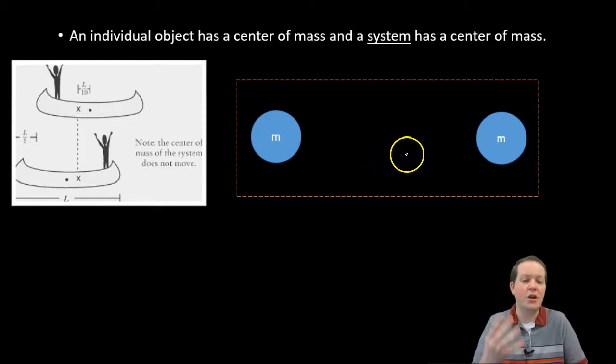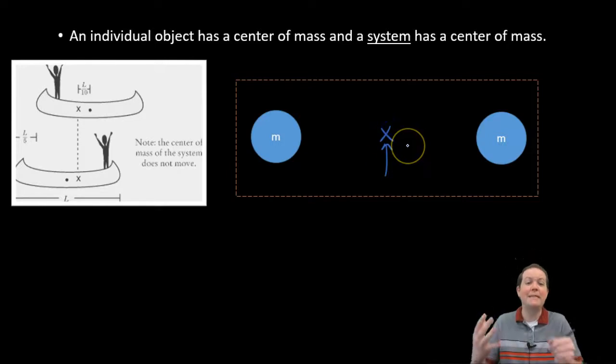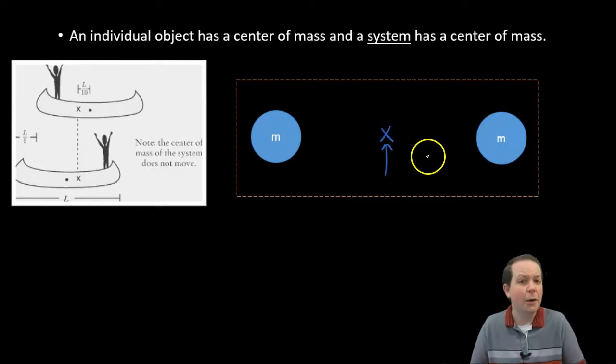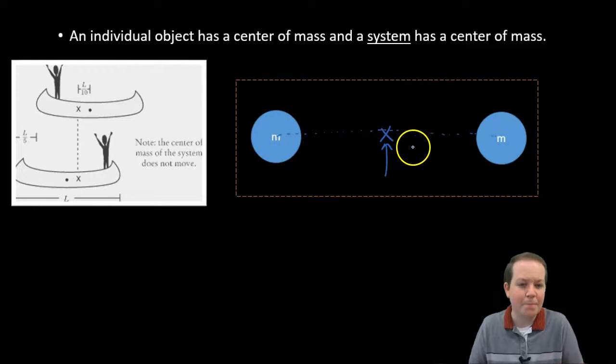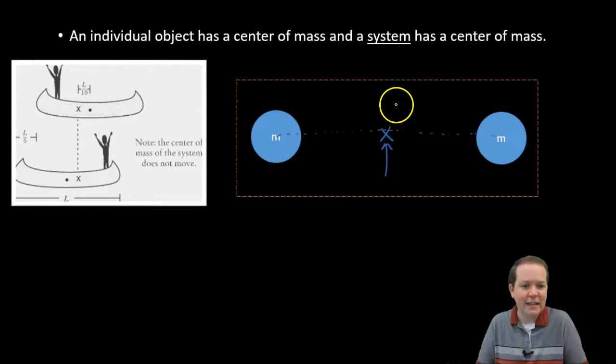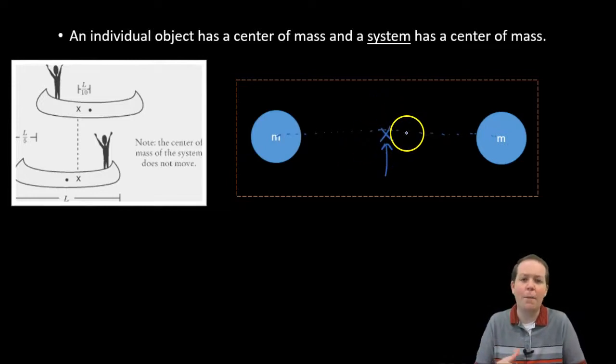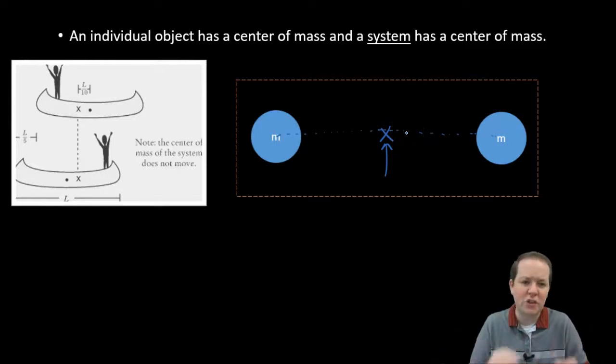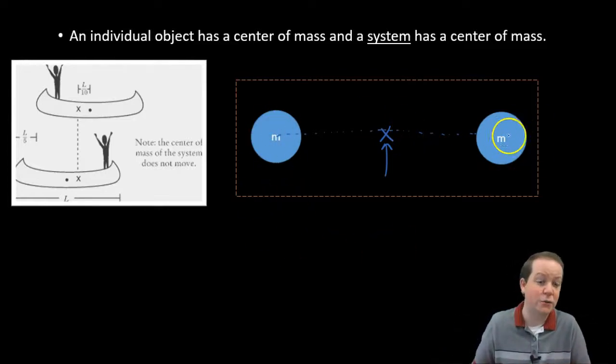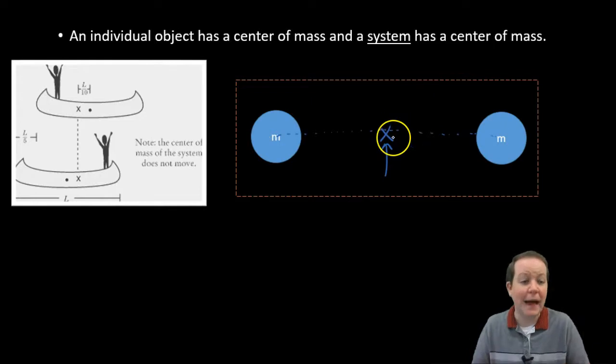If these two objects are uniform, their center of mass is going to be in the middle of them. Maybe a way to help you think about it, imagine there was a plastic rod or a metal rod connecting them. Again, that geometric average, that center where it would balance, would be right here. A little weird, because that's not actually where either of the objects are, but that's where the geometric average is. There's mass over here, there's mass over here, and the average is right smack in the middle.